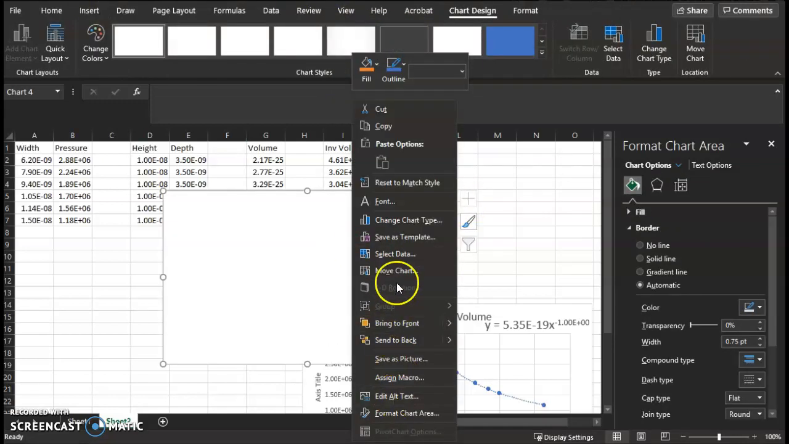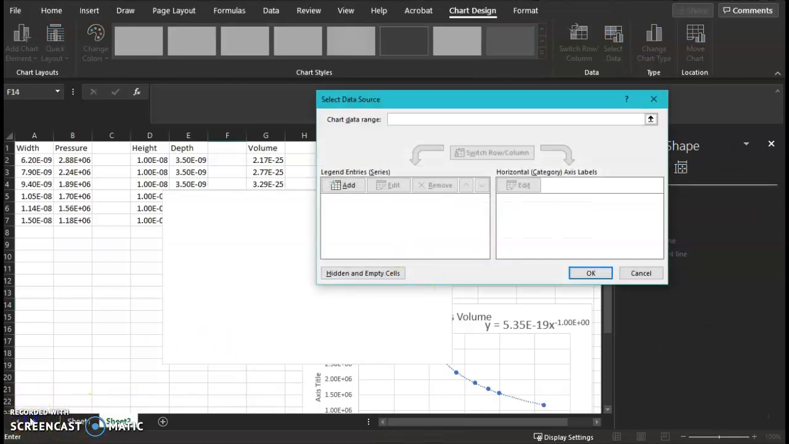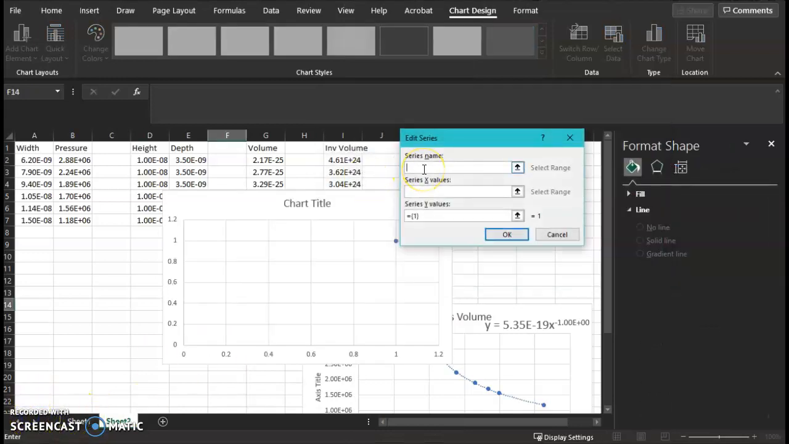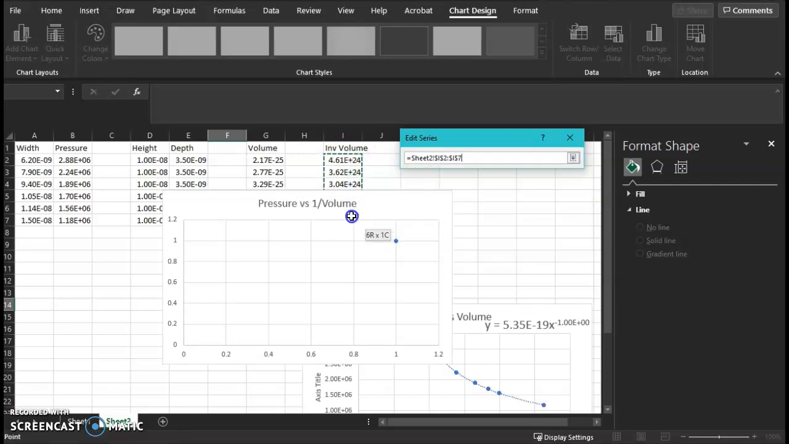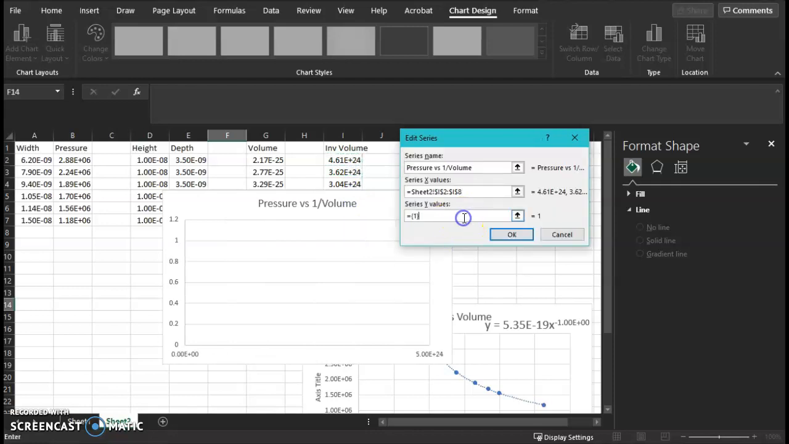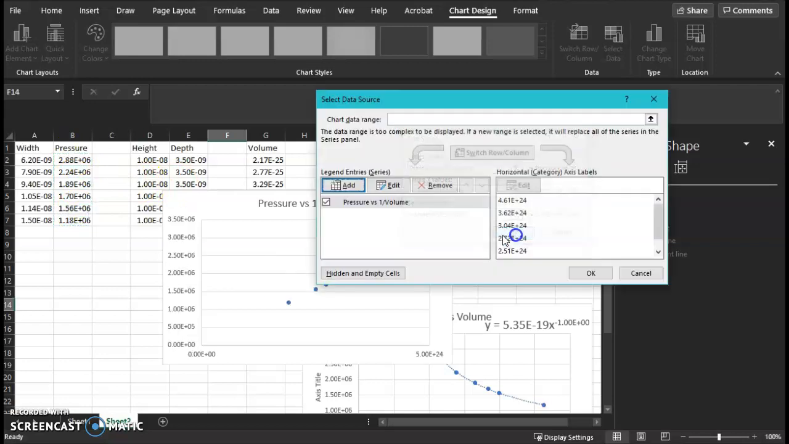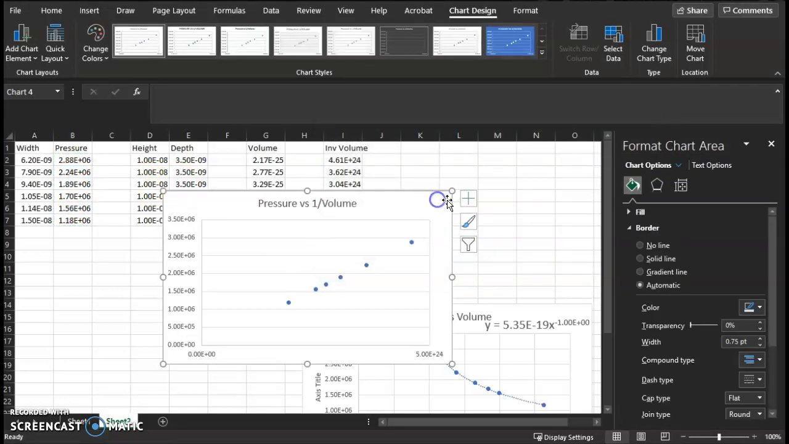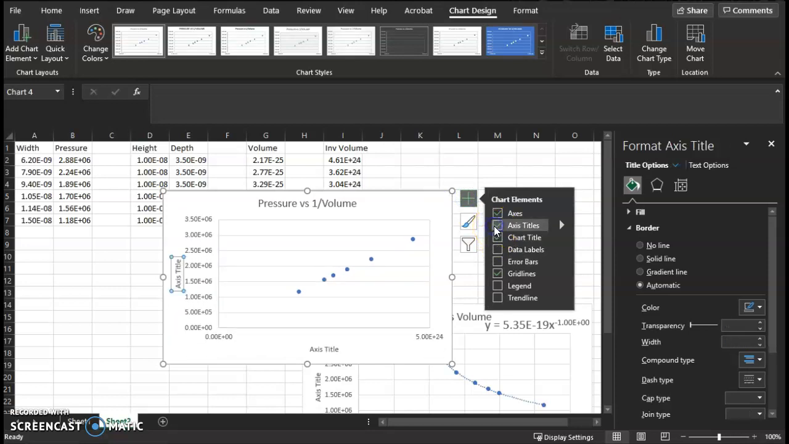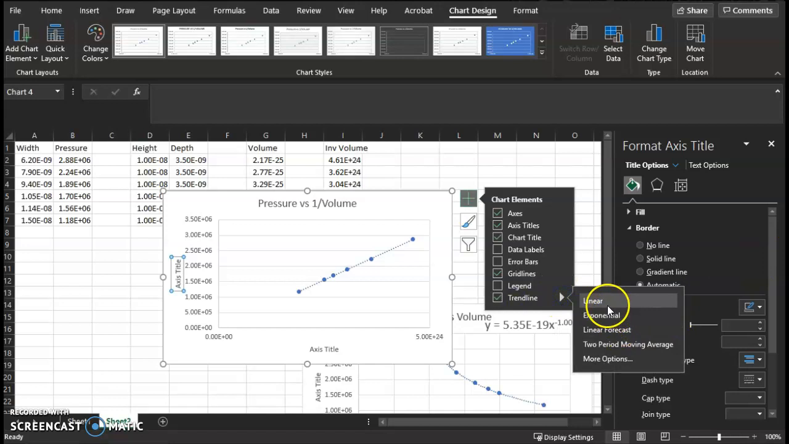right-click, and select Data. Go to Add, and the series name is Pressure versus 1 over volume. You can see like that. Series X values, these are the inverse volume values, so go down to row 7. Series Y values, still pressure, equals, okay. Again, you know the drill, add your axes, title them appropriately, trend line, and this time it is